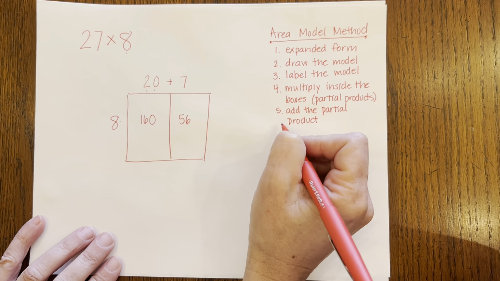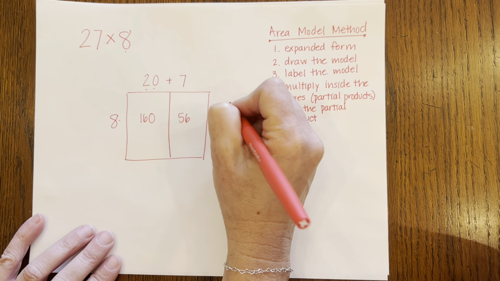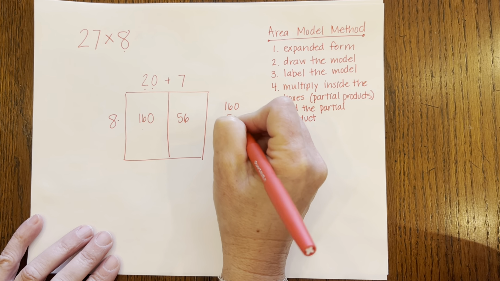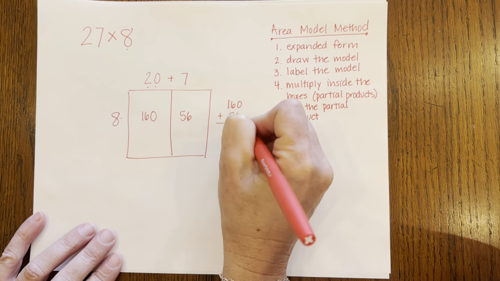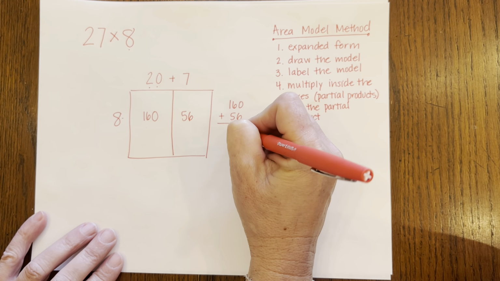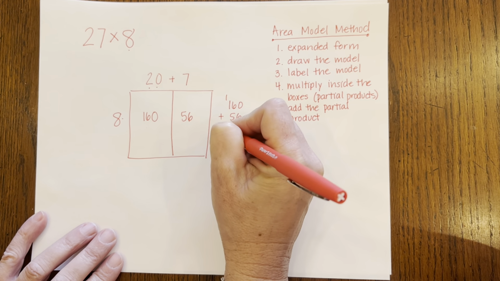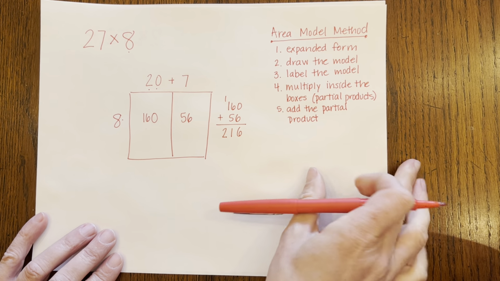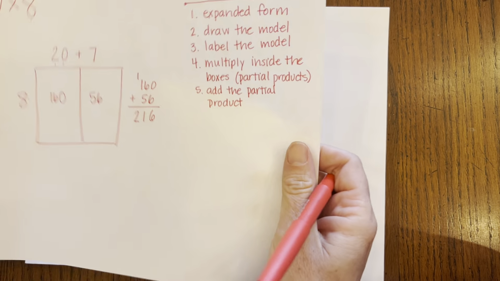So the last step in this method is to add the partial products. So we would have 160 plus 56. This is a tricky part. Make sure they stack the place values. We've got 6 and 11 and 2. I'm going to follow this same method